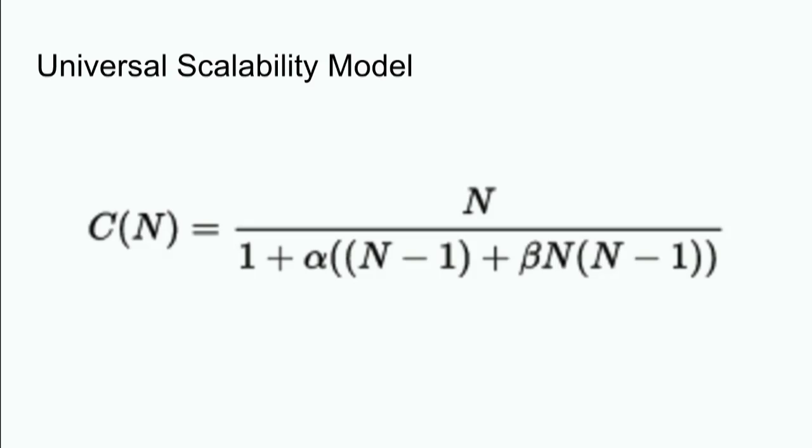So you don't really need to do a lot of work to get data that is easy to plug into this. The n in the numerator represents concurrency, the alpha represents contention or queuing, and the beta models coherency delay, or the work that the system must perform to synchronize shared data: mutexes, caches, explicit locks, things like that. When the coherency delay is 0, it actually simplifies down to Amdahl's law, which we just talked about a few minutes ago. And another cool thing about it is if contention and coherency delay are 0, you get linear scalability,